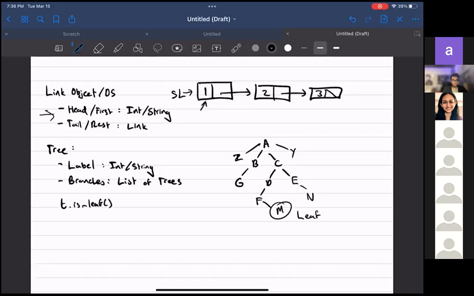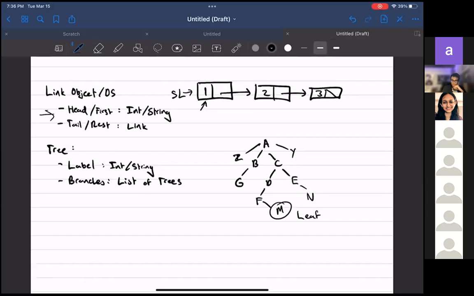If I don't have branches, I am a leaf. If I do have branches, I am not a leaf. And that can help you as one of your base cases, as many opportunities lie within finding the leaves and modifying them somehow. Does that make any sense? Or is there something that,